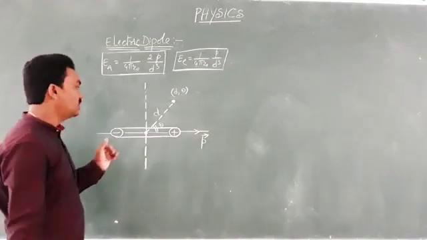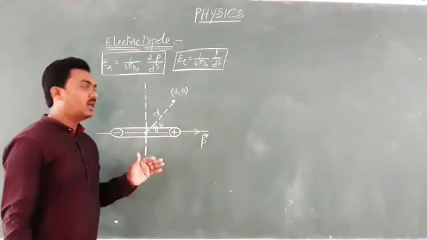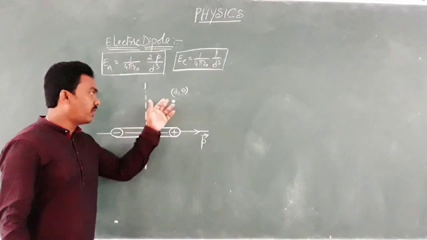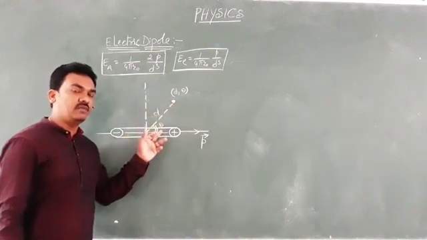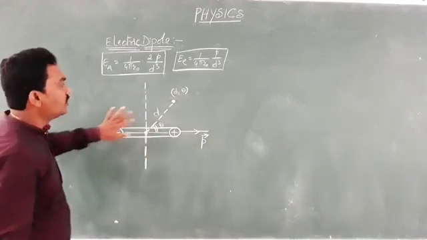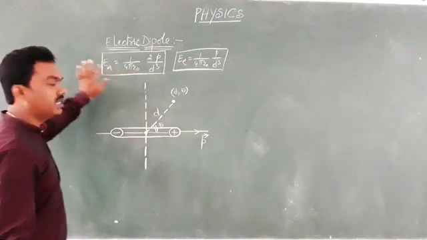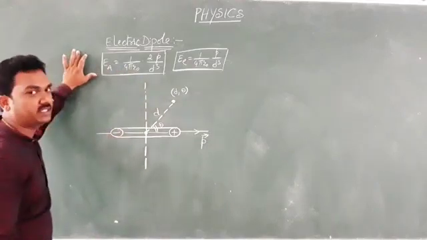The only thing is that the electric dipole moment is directed from negative to positive, and here is the line joining the point to the center of the dipole. To express the angle between them conveniently, I have drawn it like this. Now look at this. You wish to calculate the electric field intensity at the point whose polar coordinates are d comma theta.